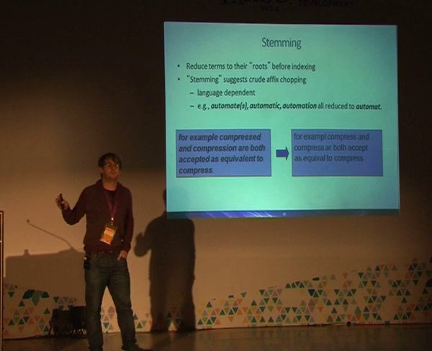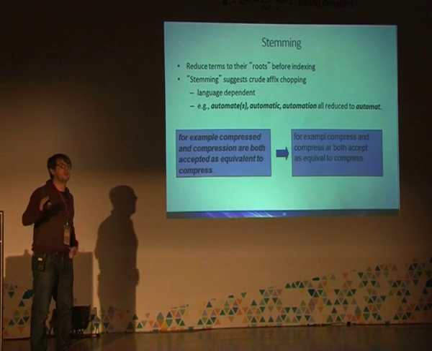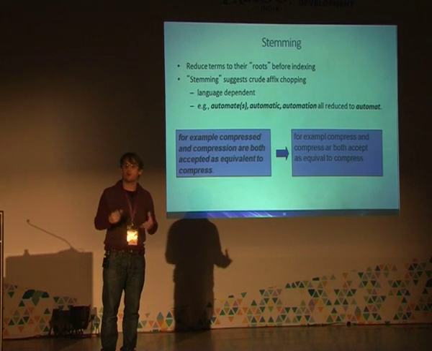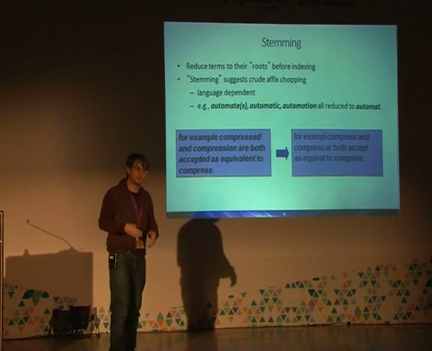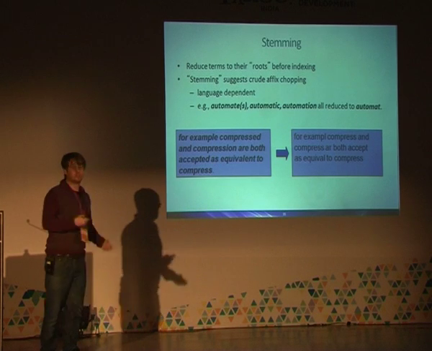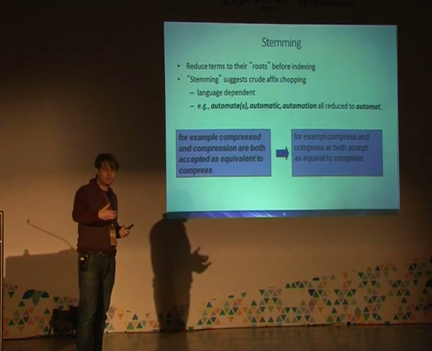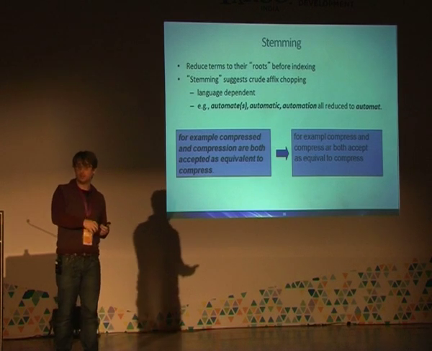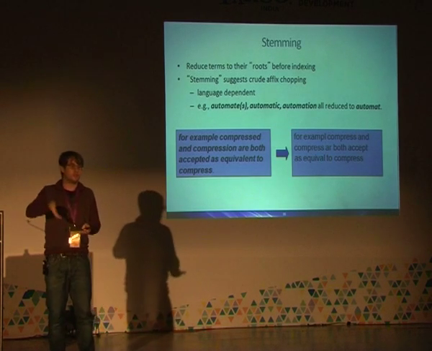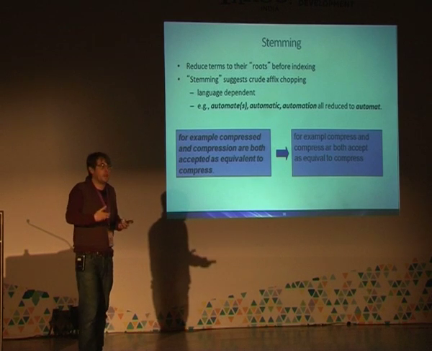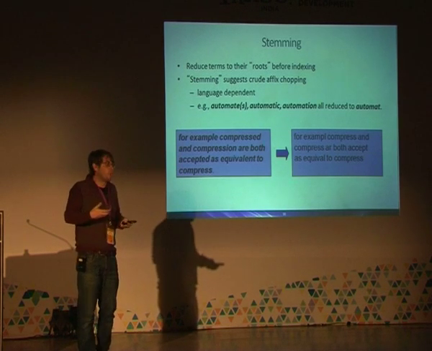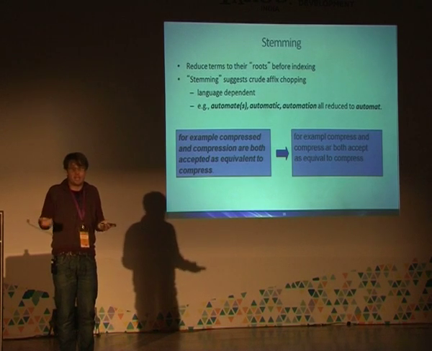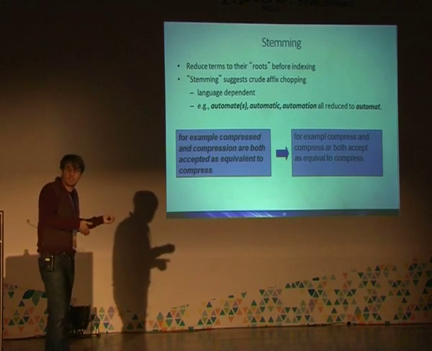So maybe you're all lost now. But why are we doing all these things? Why are we trying to say that two words are the same? Why are we trying to conflate all these representations? It's because people are going to enter this query, this word, and you want to say that this document is about this word. So if you don't remove, for instance, the plurals, the S, and you enter the query house, if a document only says houses, you will never match the document. You will never retrieve it as a potential candidate, and you really don't want that, right? So all these techniques are for that.